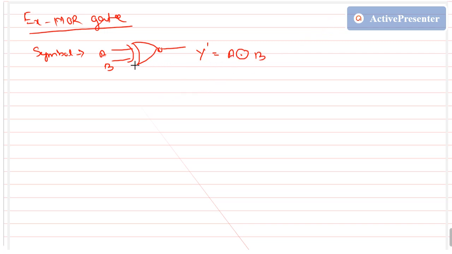So what is the difference between the gates? You see here in XOR gate, A, B was input and the output was A XOR B. But in case of XNOR, you just put a NOT here at the front, in this position. Then it will become your XNOR gate. So this is the only difference.